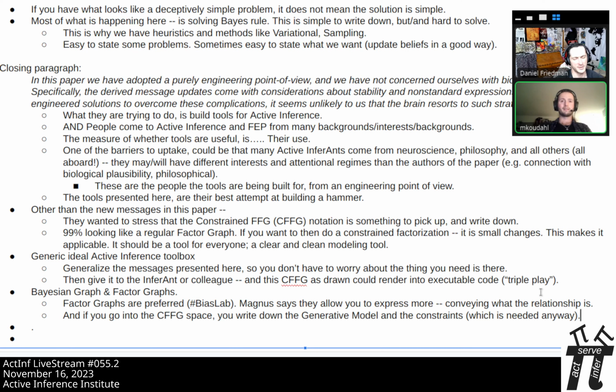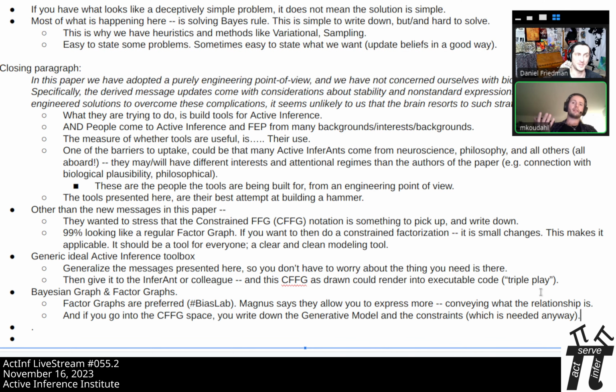Okay, to kind of replay this, because there's different ways to constrain a given Bayes graph, there's actually a few-to-one projection of factor graphs as constrained down to the same unconstrained Bayes graph. And so in that sense, they can convey more information if you use the CFFG. And yeah, so again, they don't call it Bias Lab for nothing. It's definitely your fellow's take, but